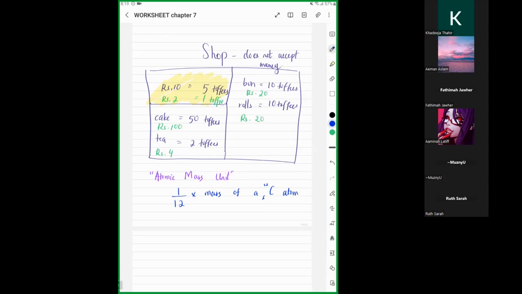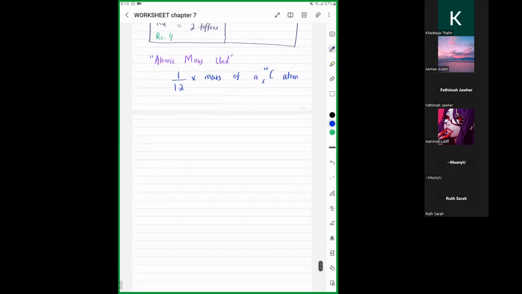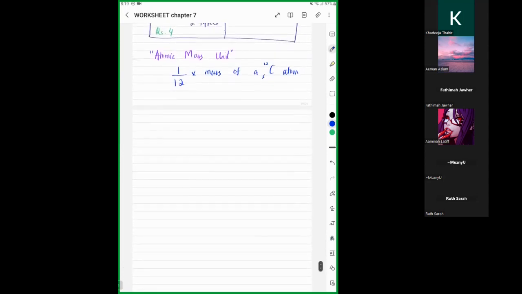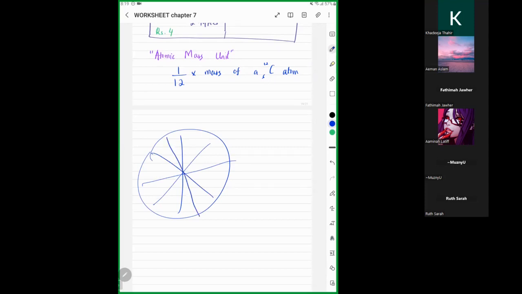Okay, so they selected the atomic mass unit as 1/12. Now, what do I mean by that? Let's say you have a pizza and you divide it into 12 pieces. Just assume that these are equal. Now, there's 12 pieces. So you take one slice of that, right? That is called 1/12. So similarly, you're going to be taking 1/12,